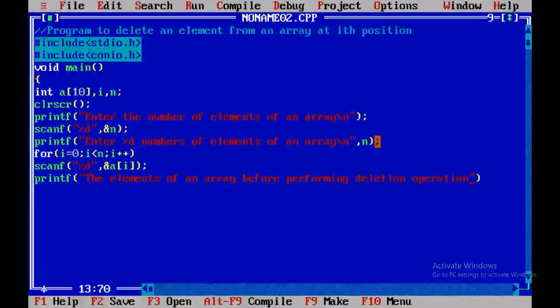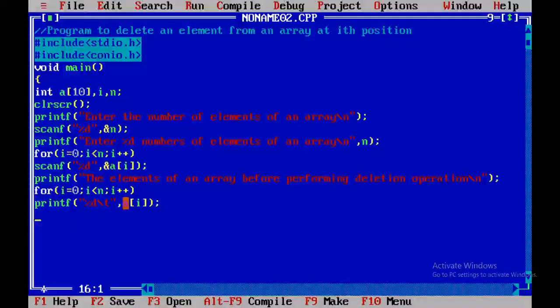Okay. So that is slash n and then semicolon. So then I use a loop statement: for i equals 0, i less than n, i plus plus, close. Then print the value of an array, that is %d slash d. The elements of an array are displayed with spaces. So to provide space, I am using slash t. Then comma a of i,